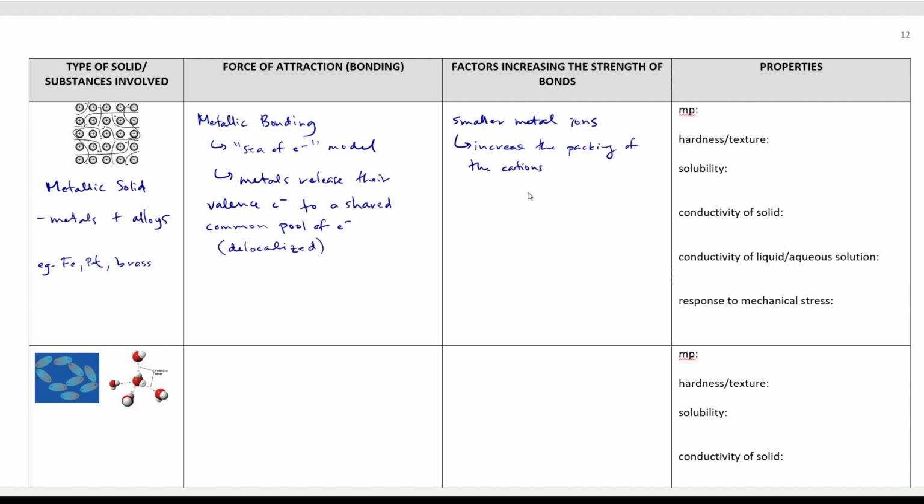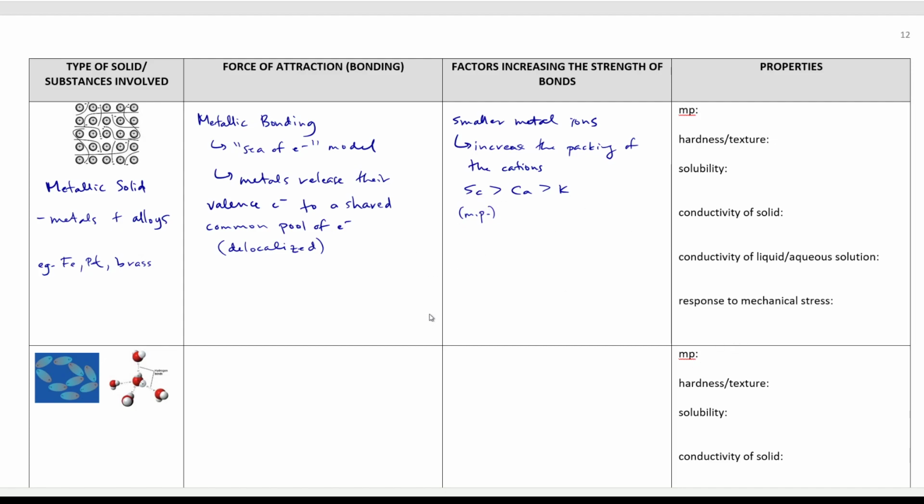If you can pack more of the metal ions together, it's going to make the metal stronger. So if you were to take a look at your melting points again, so we look at melting points as an indication of strength. Scandium has a larger melting point than calcium, which has a larger melting point than potassium, right? Scandium being the smaller of these three